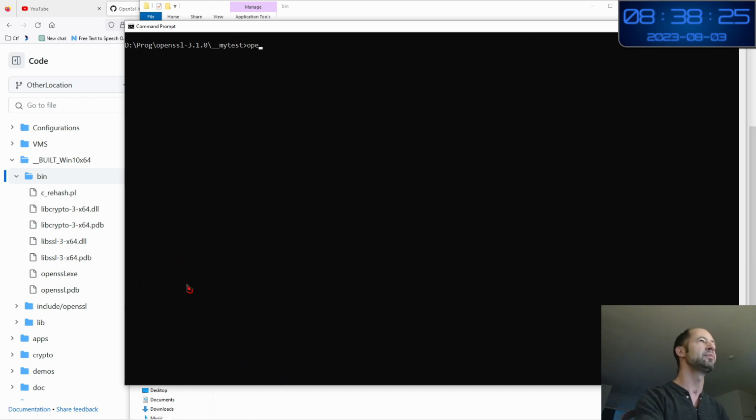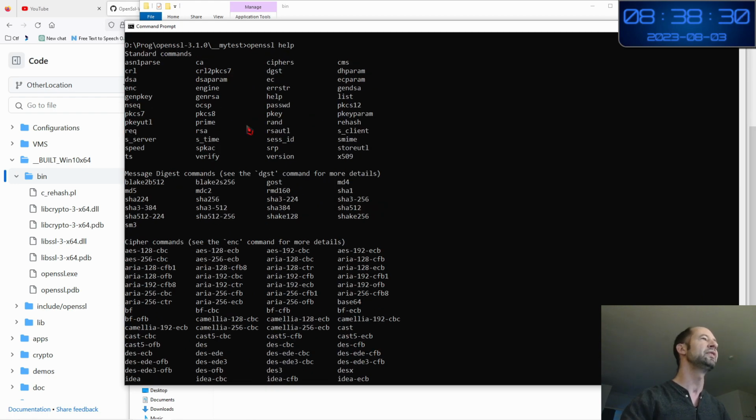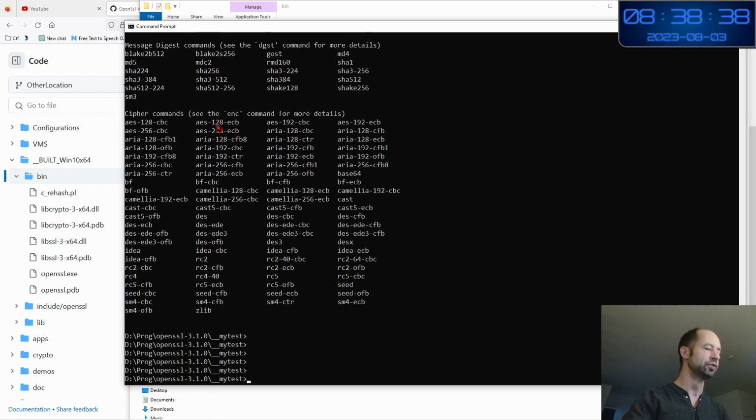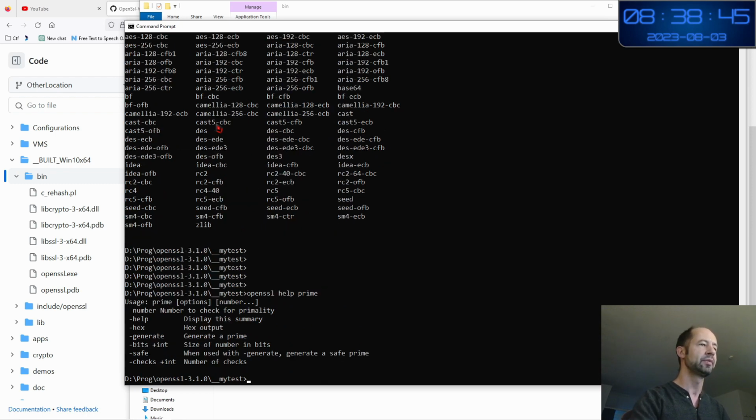For example, if I come back to openssl help, you see there is this prime functionality that you do not know how it works. You do openssl help prime, and it explains the usage: prime, options, number to check for primality.